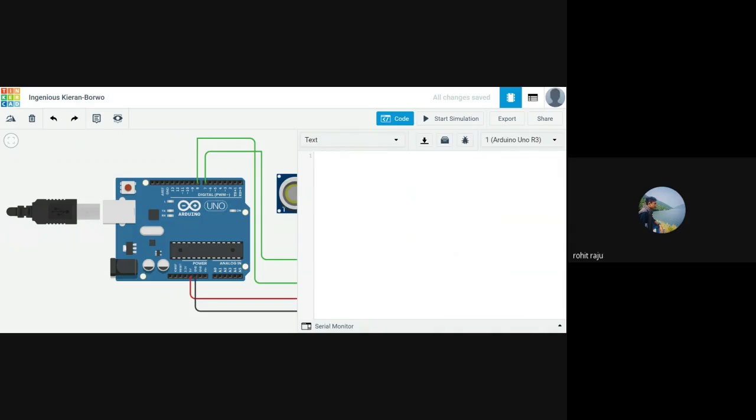And speed of what? We are talking about the speed of sound here. The speed of sound is approximately 343 meters per second. Let's use 340 for this project. If you Google it, you will get 343. There are different values actually. And the main motto here is to find the time.